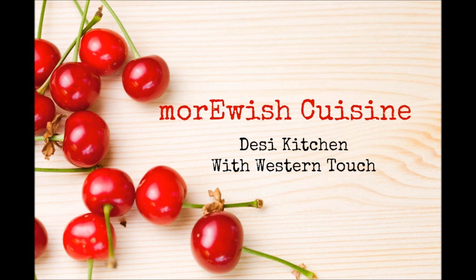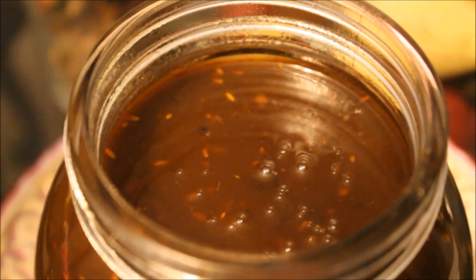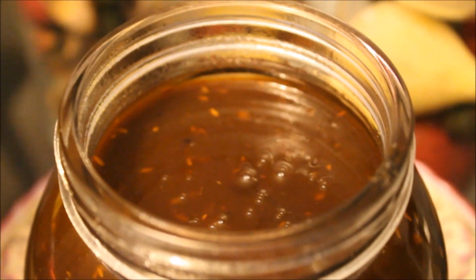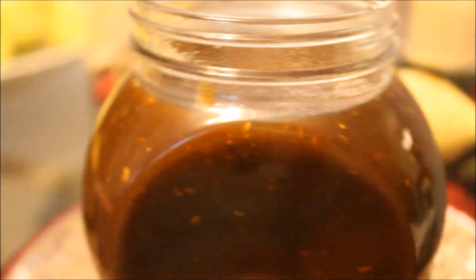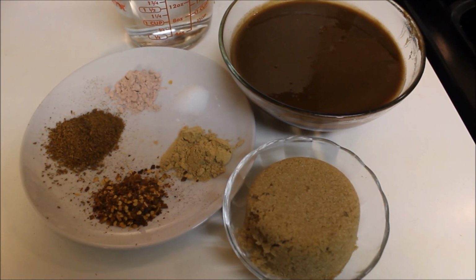Today I am sharing the recipe of Imli and Sonth Chutney, tamarind and dried ginger dip. This khatti, meethi, tangy and sweet dip can be a great addition to your iftar table. Make a big batch and keep it in your fridge. It will last long. So for this dip, the things we need will be